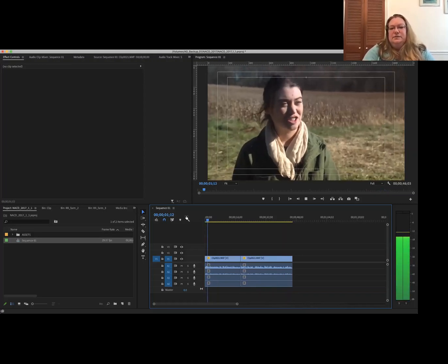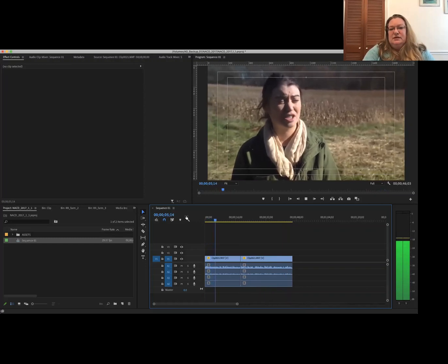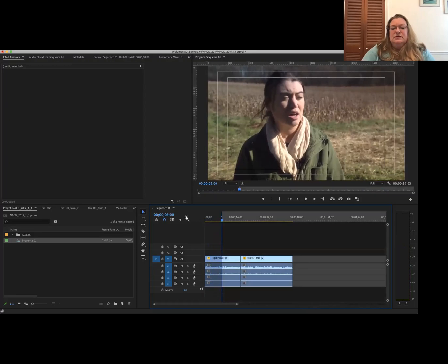locally led conservation is important to the farmers and landowners here in our area because the local conservation districts know the land best. So what I'm actually going to do before I even get to that, if you look at